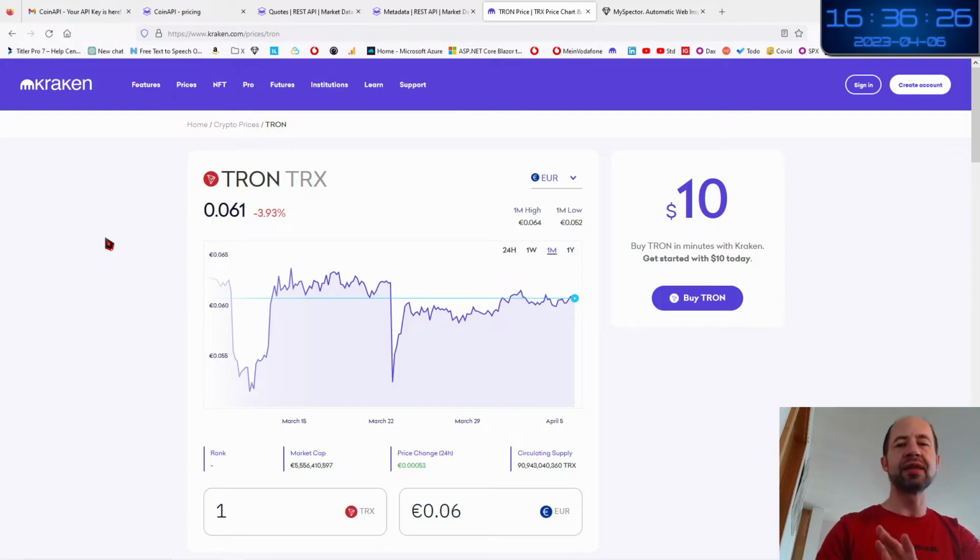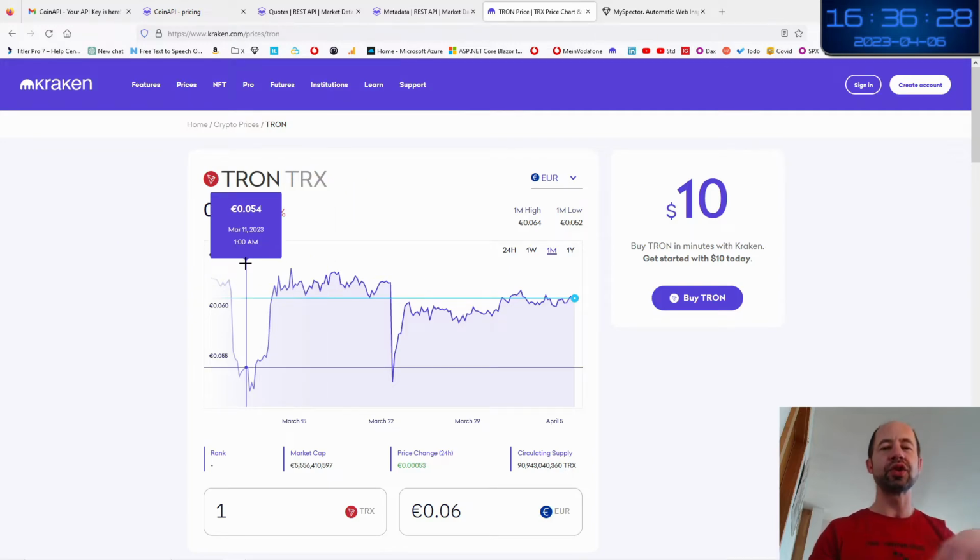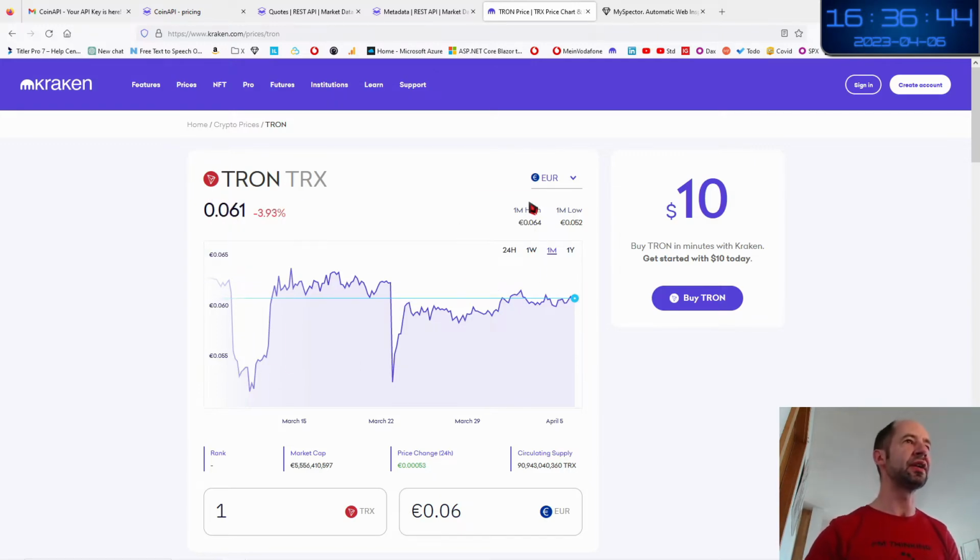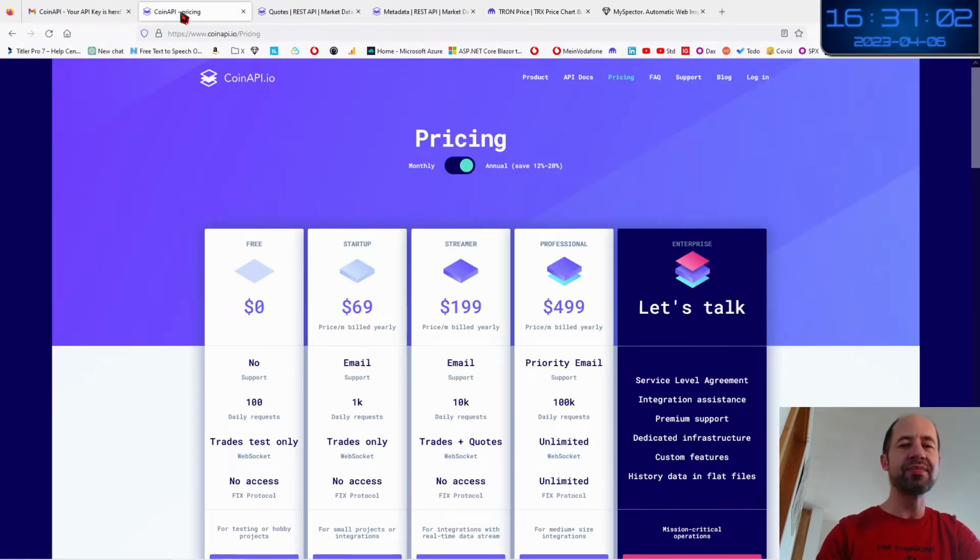The Kraken marketplace is only for the user to view. There is other places on the web to obtain data which is more done to be retrieved automatically by an automated process. Because here, if I try to retrieve this page, this will be some HTML with some CSS, which some are providing what is called a web API. And Coin API is one of the web services which is available to retrieve some data.